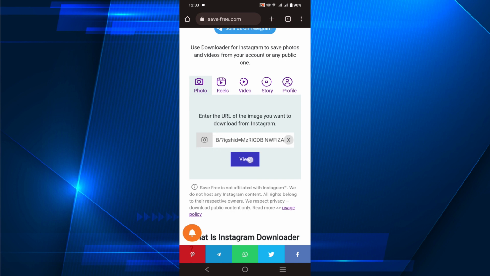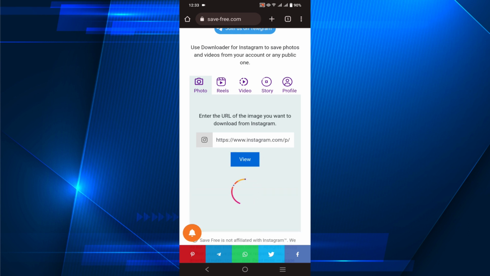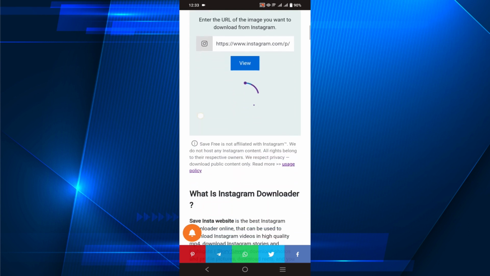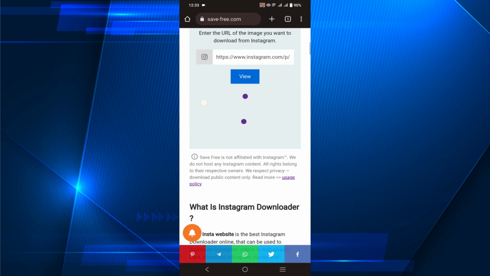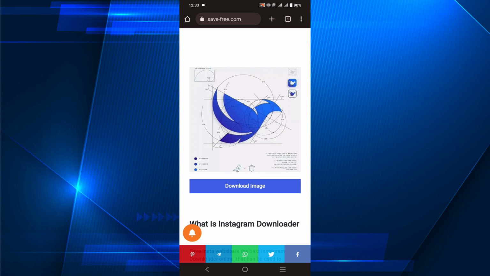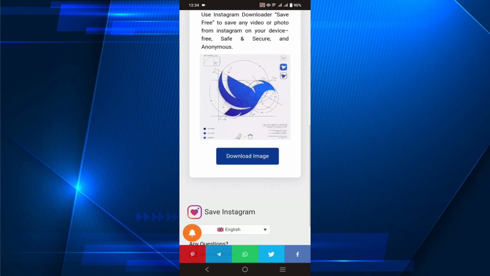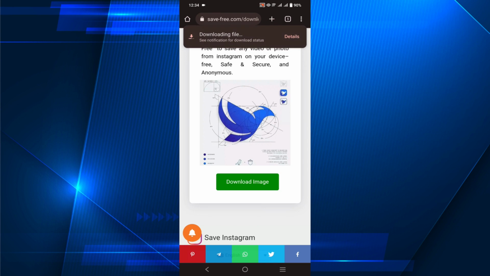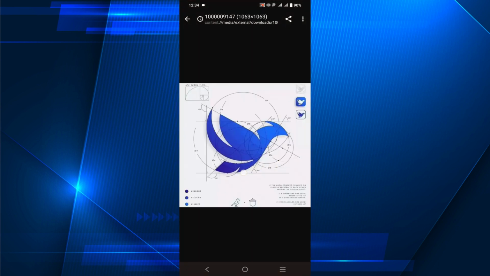just paste it and click the option view, and it will take a few seconds to process this image. All you have to do, just wait a little bit. And now this image has shown in this website. Now all you have to do is click that download image option, click that option, and it will automatically start downloading on your devices. Just wait a little bit. Here you can see, just click that download image option, and now as you can see, this image has been